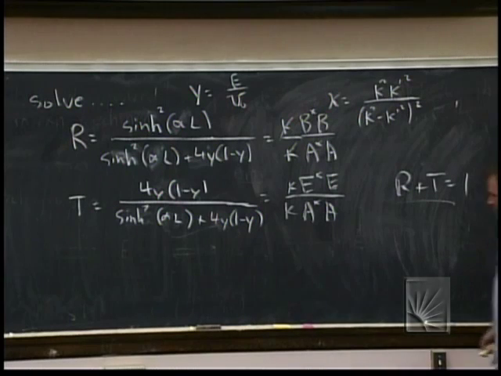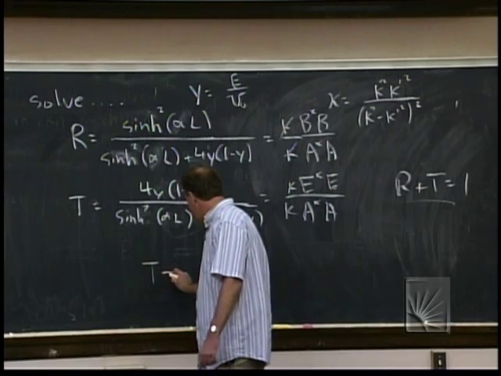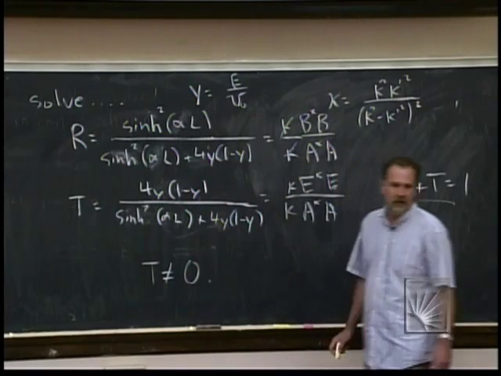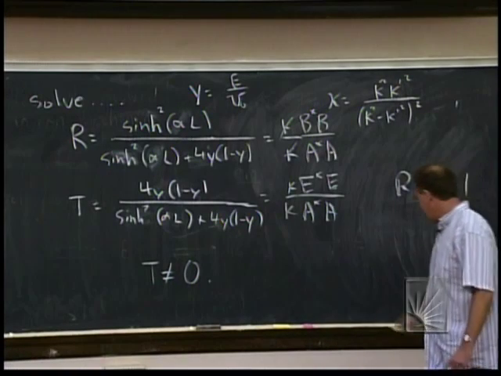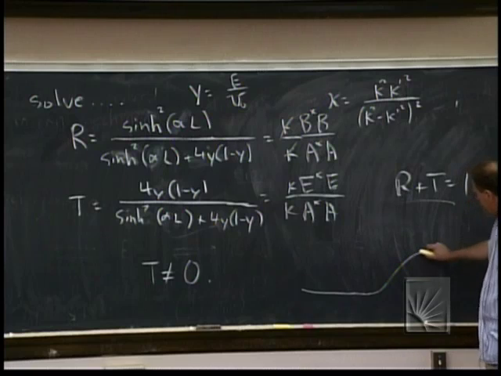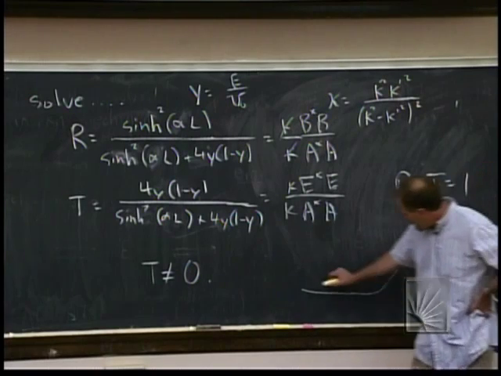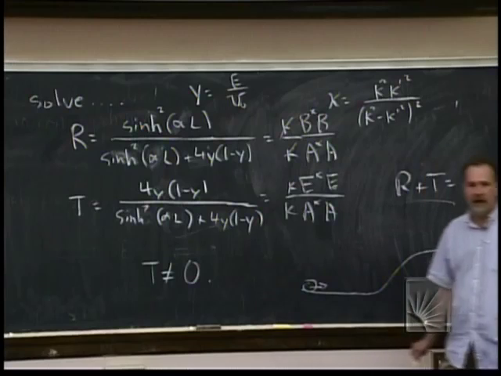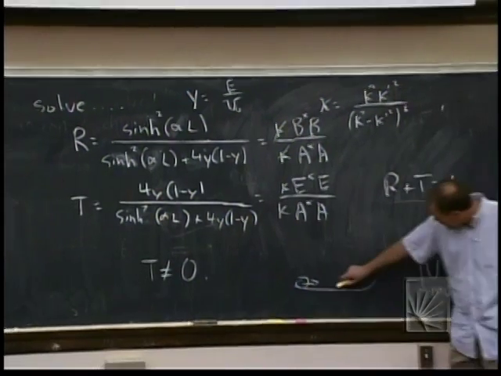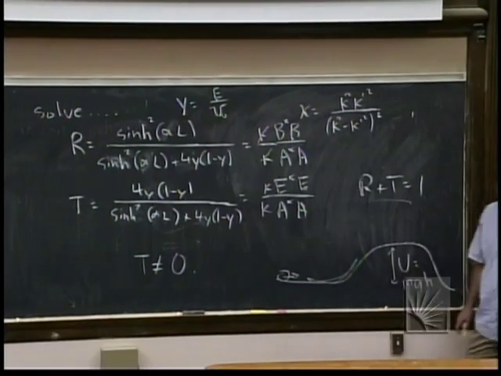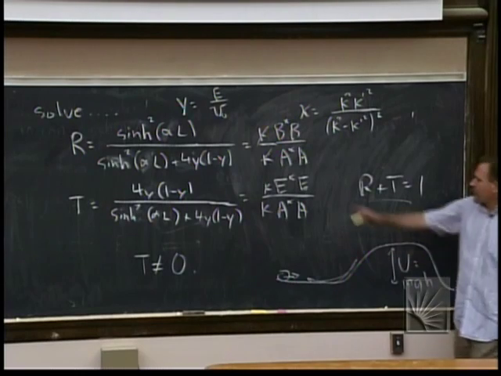Now, of course, here's the interesting thing. T is not equal to 0. So again, let's think of the classical analog. This is like saying I have a hill like that, and I have a ball, and I give the ball some kinetic energy, and there's a hill here of potential, mgh, and the potential energy is bigger than the kinetic energy. And classically, the ball would come up and roll back. Quantum mechanically, that will happen with this probability,